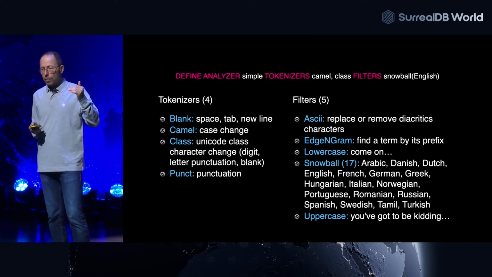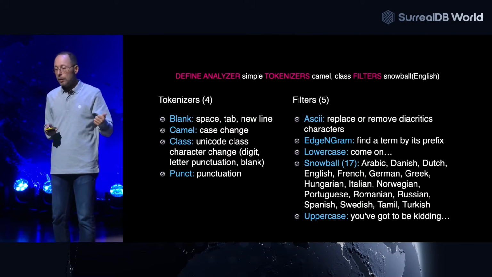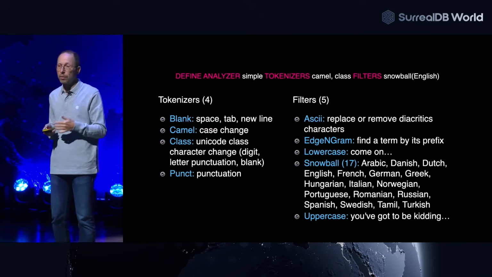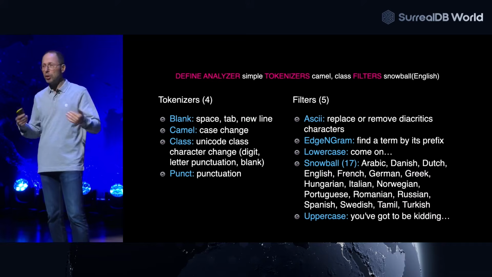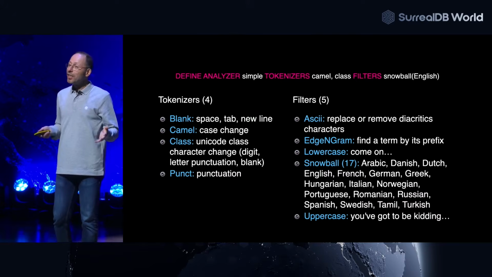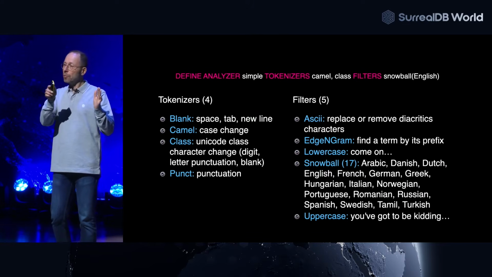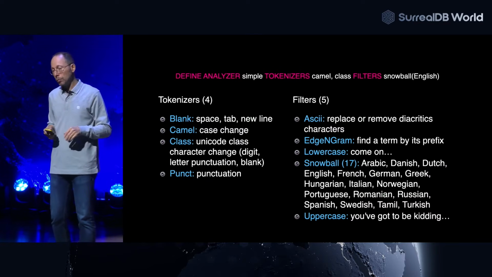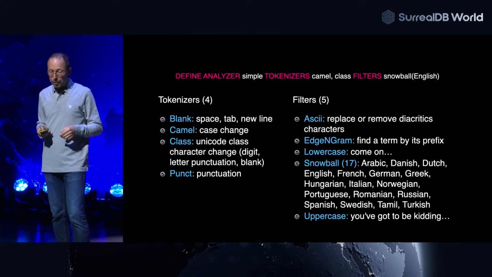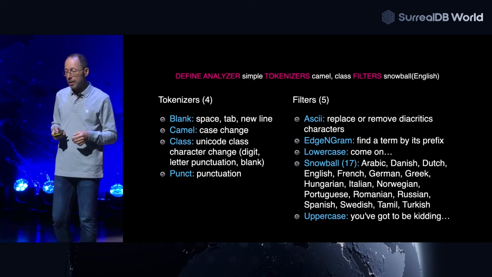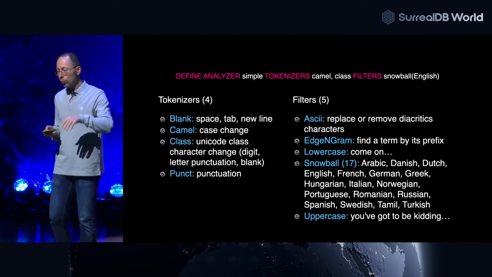Then we have five filters. The first is ASCII. If you want to make a like search, we usually remove the diacritic characters, the accents. In English, there are not too many, but in my language, French, there are a lot of them, so we are happy to get rid of them. We have edge-n-gram. Edge-n-gram is the idea of keeping just the beginning of the word. You will use this one if you want to build an auto-completion system, where you want the first characters to bring up some terms. Snowball, we talked about it. Snowball comes with 17 languages, so if you have text in different languages, it will be handled nicely. We have lowercase and uppercase. I won't go into details, you understand what they mean.